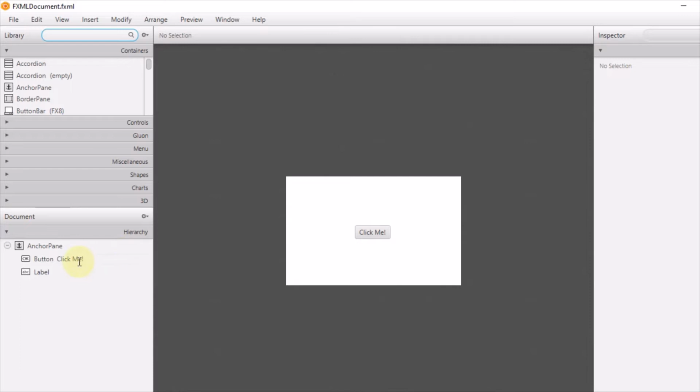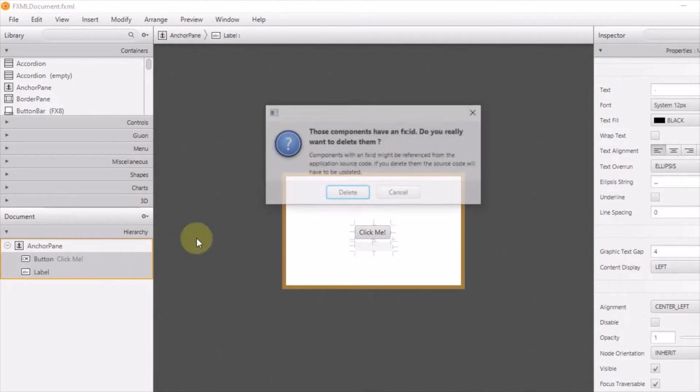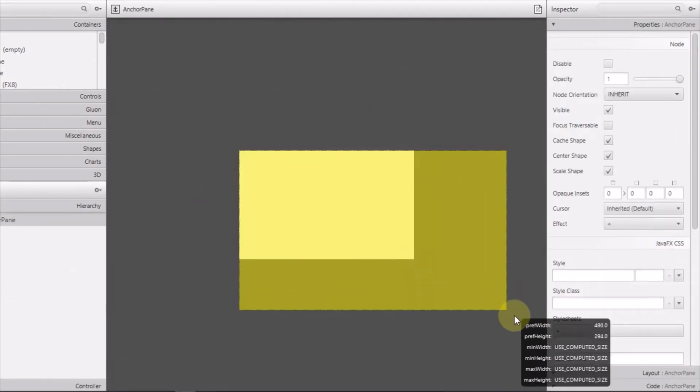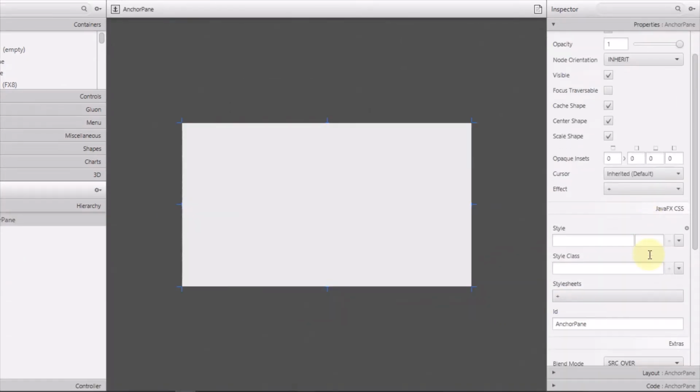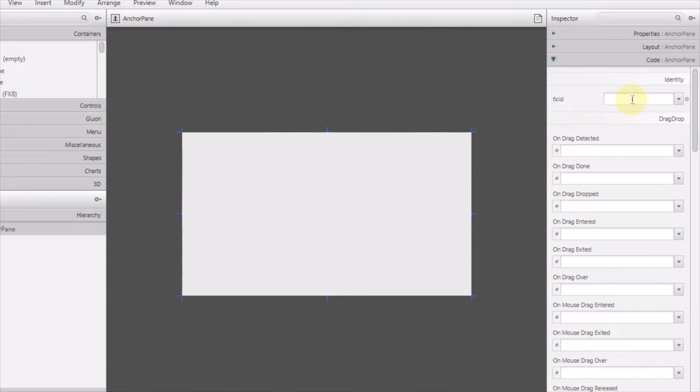I'm gonna have to delete this because I don't need them. So what you need to do right now is to first of all give our anchor pane